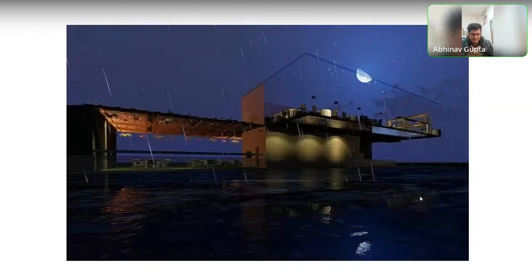Okay, so this is not the best render. I did it when I was a student. But the idea behind this was creating a glass box on the upper story of that restaurant where you can look at the sky, look at the clouds in the day, the stars and the moon at night, and the overhanging thing over a river makes you feel as if you're a part of that river ecosystem, and that also creates that feeling of biophilia in it.